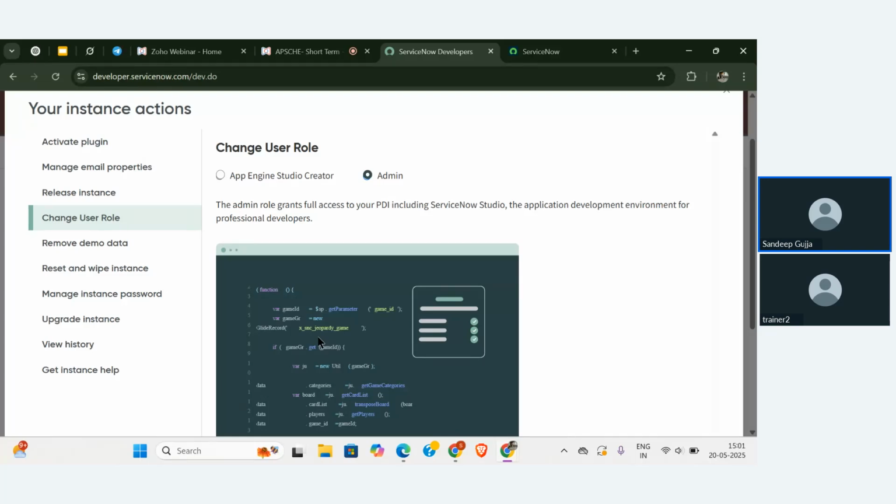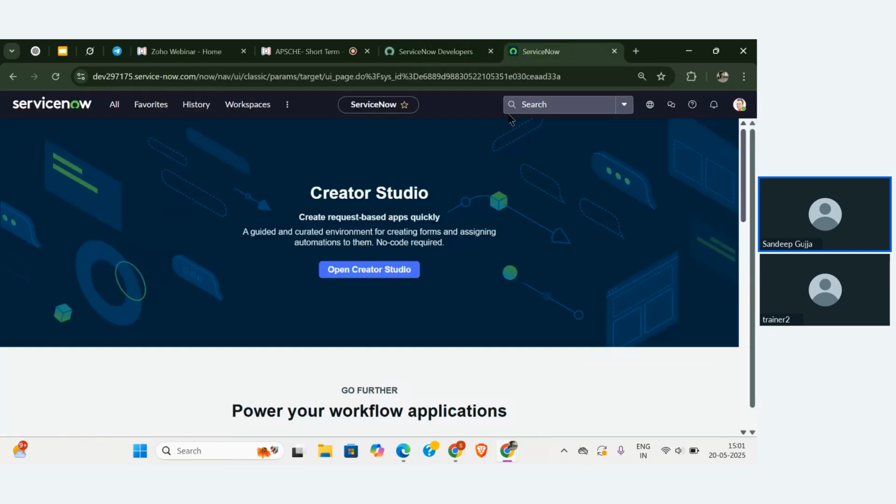Suppose whenever you click on the start building option, you are not able to see this particular page that I am showing now.